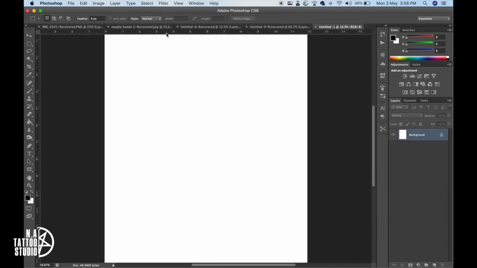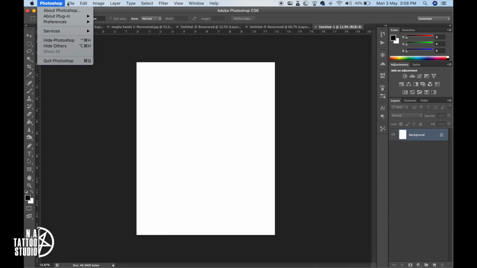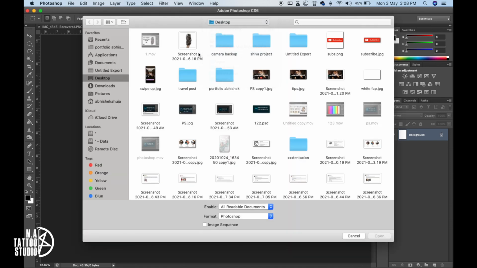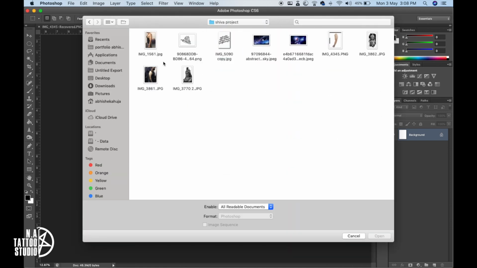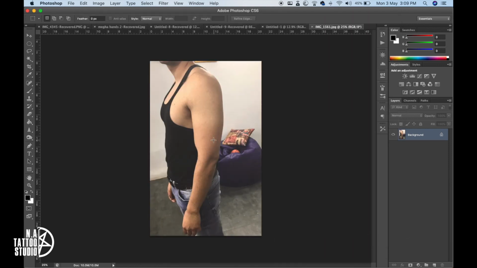On the top side here you can see the ruler. Now I'll be importing the images from my desktop. Here is the arm. So let me import it to my file.